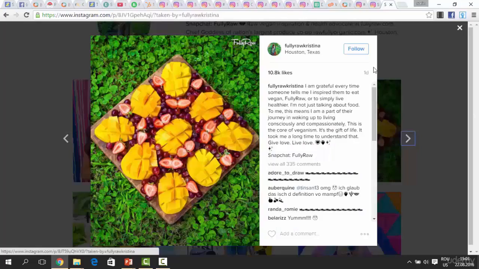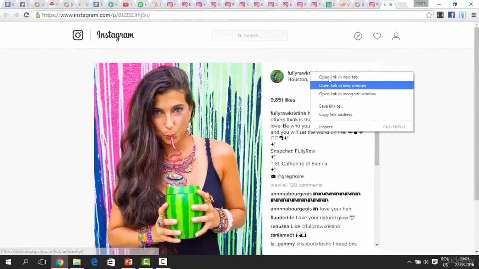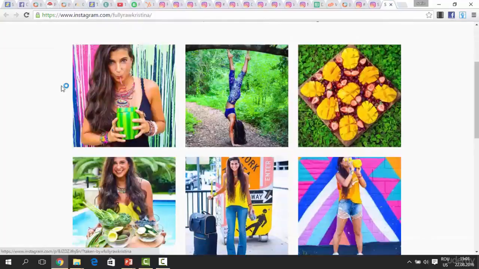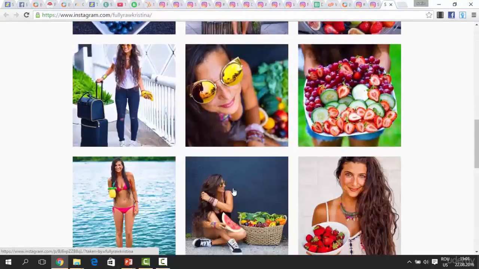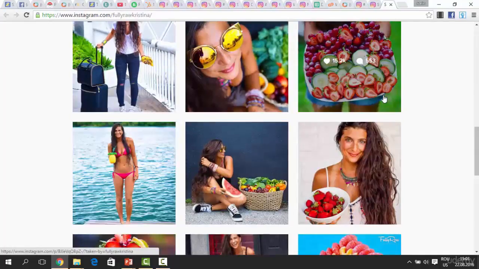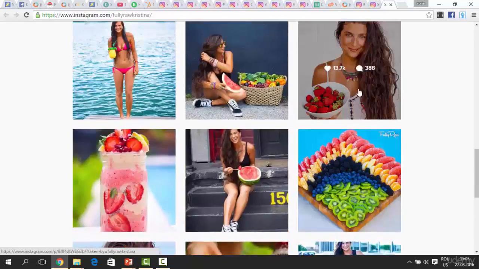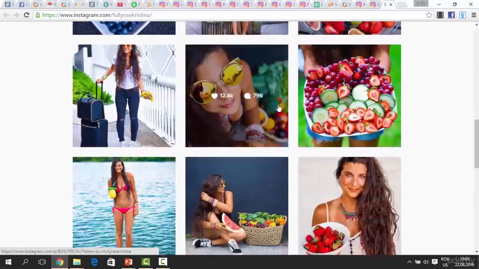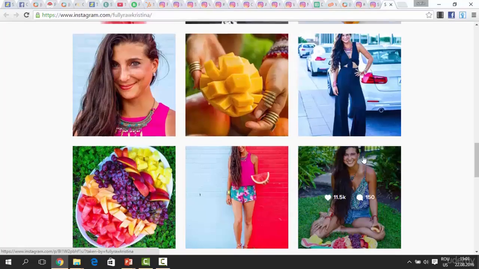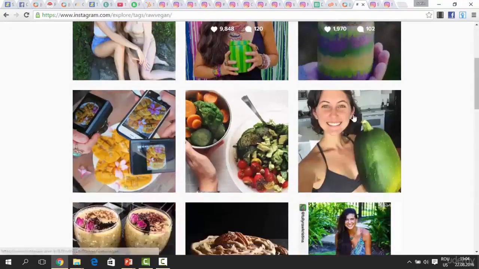If she doesn't have hashtags, which is the case for her here, you just go to her account and have a look at the posts that she makes. Why? Because that's how you can have an idea about what type of post you should create and what works for this community. So for her it's a combination of images with her and different raw foods. It's pretty simple. Okay, if you have a look, that's everything that she does. Not anything more. Now let's take a look at a different post.